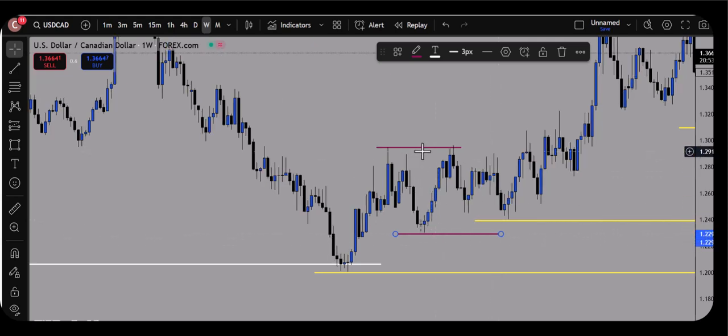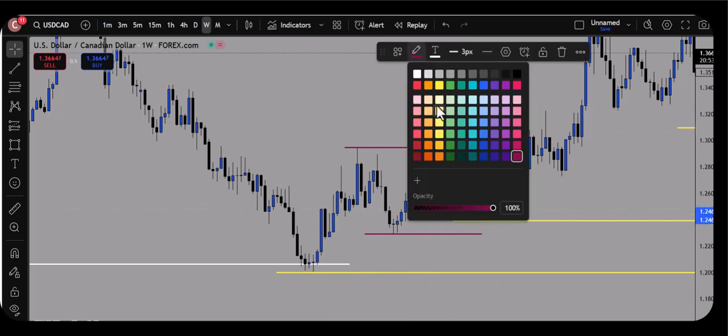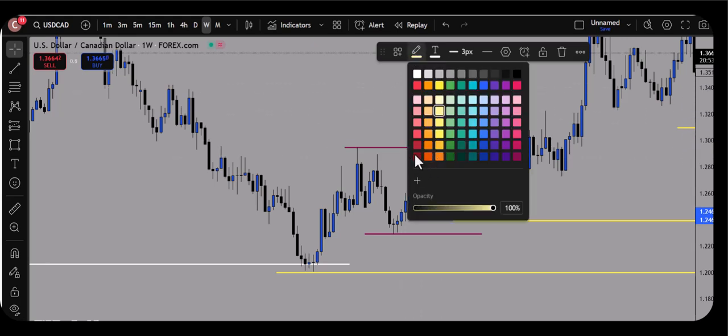Okay. So from this very point, what happens again? We have another significant low here. So these are ways in which you can frame trade even in the intraday or